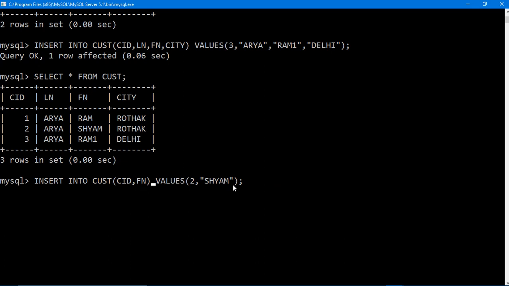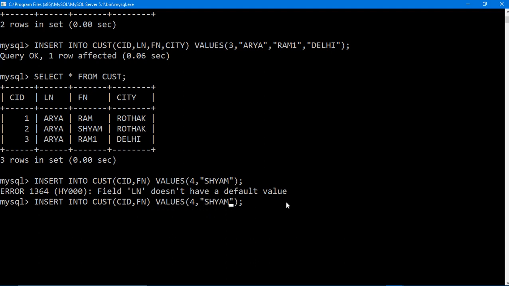Let me correct this also, otherwise you will say, ma'am, this was different, it was similar. See, the error is ln does not have a default value and you can't leave it blank. So that is why the error has come. Okay, I hope it is clear to all of you. See, if it had been wrong then also an error would have come. For ln also it is giving an error, and otherwise also if 2 is there then this would also have given me an error. Okay, fine.